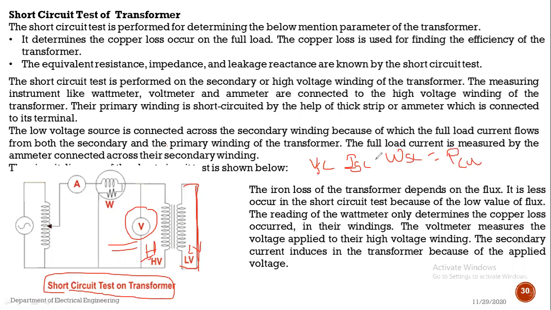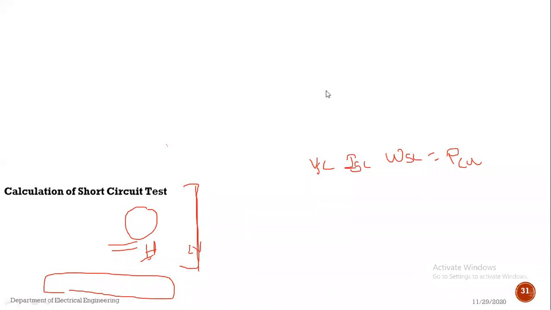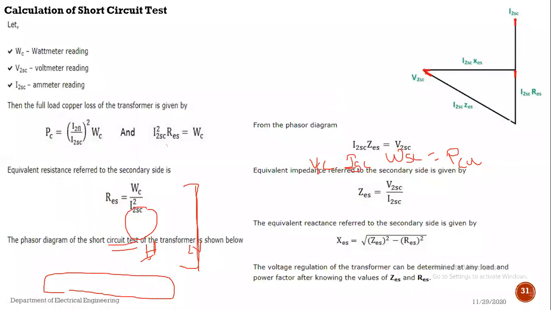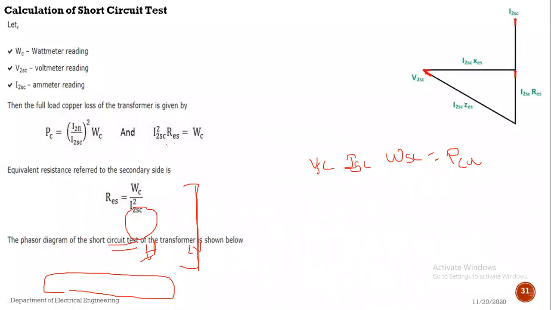Okay, copper loss. So according to this we are able to calculate R01, Z01, and also X01. After that we are able to calculate efficiency. त्याच्यानंतर आपण त्याची efficiency काय करतो, calculate करतो. So these are the calculation part. We have already discussed this calculation part, while theory मध्ये आपण calculation part already discussion केलेलं आहे. So wattmeterचं reading WC असेल is nothing but copper loss आहे. शॉर्ट सर्किट voltage जे असेल VSC, शॉर्ट सर्किट करंट असेल I2SC.